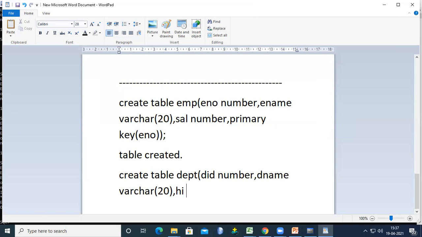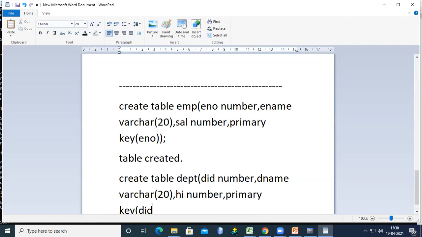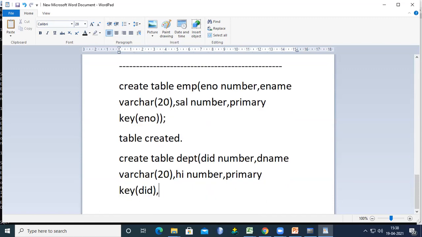This is the other field. What is the data type? Number data type. How can we say that? In the primary table the primary key's data type is number, so that's why here also we consider number. Now we specify the primary key. What is the primary key in this? DID. Next we try to specify the foreign key. What is the foreign key in this relation?